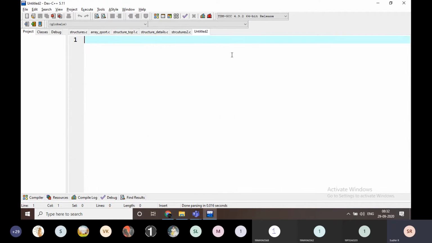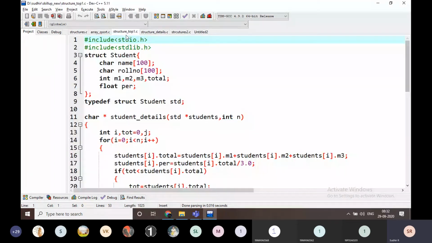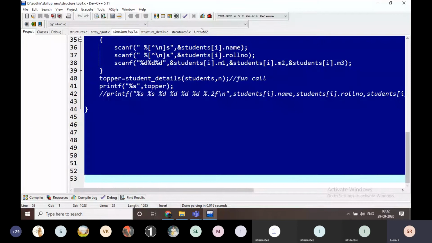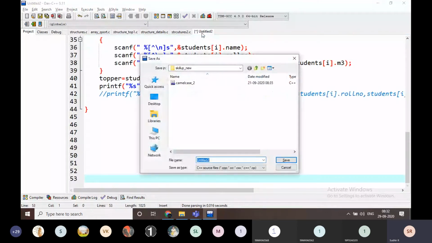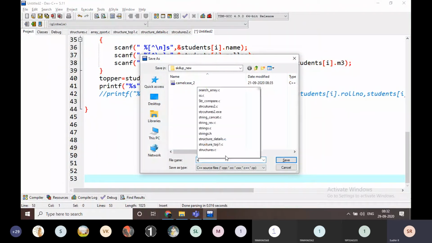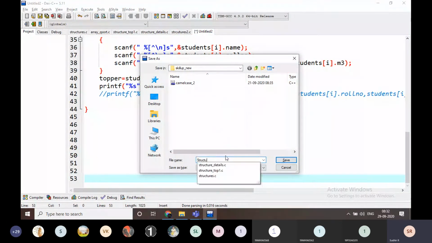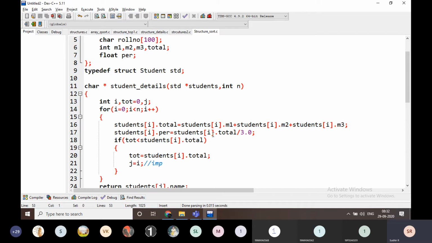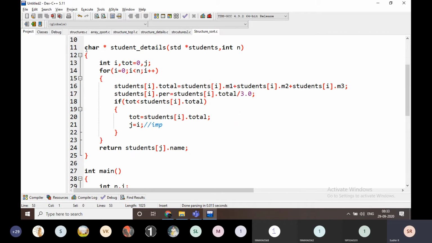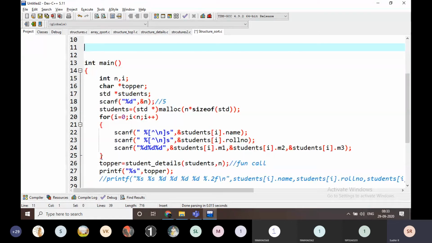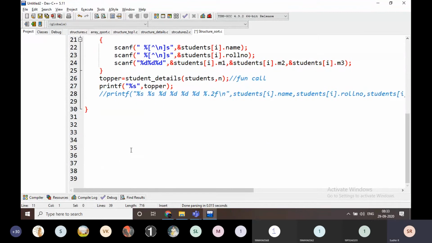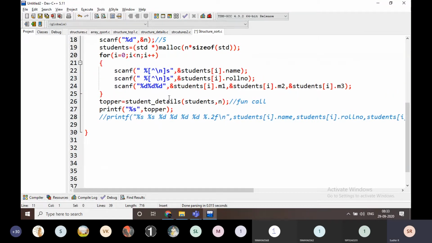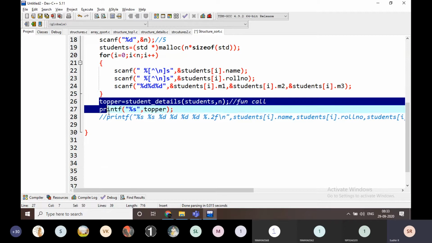Simply I am going to take one more thing here. We are reading the data like this.